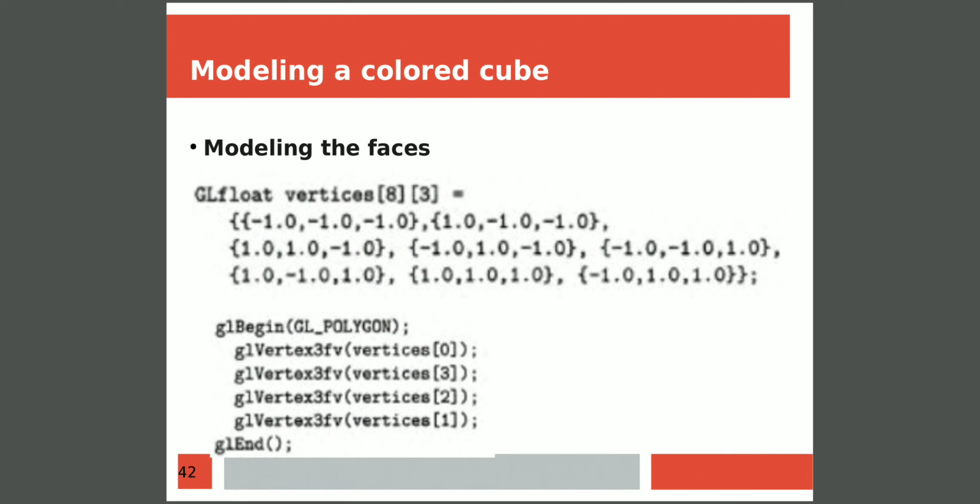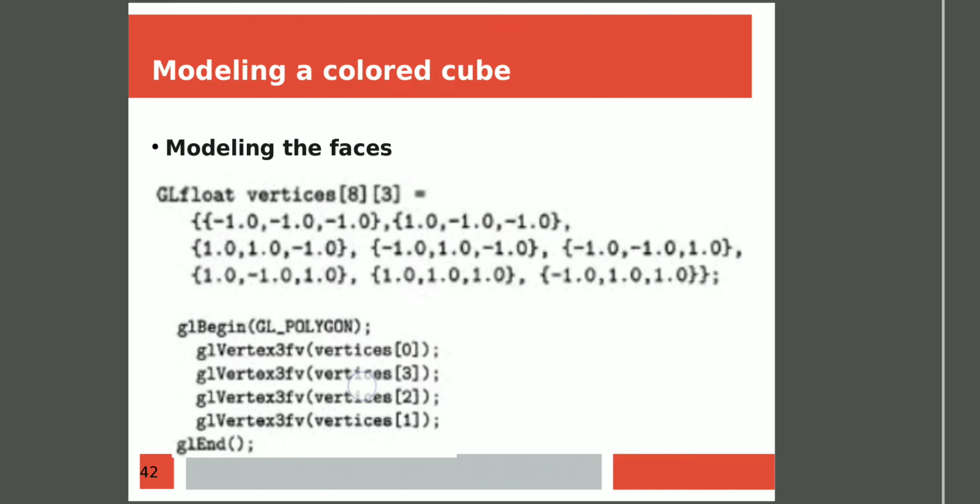Similarly, you need to repeat the same code 6 times. Apart from this, you need to repeat it 5 times to define the other 5 faces of a cube by changing the vertices values. This is nothing but how we are going to display a cube on an output screen.